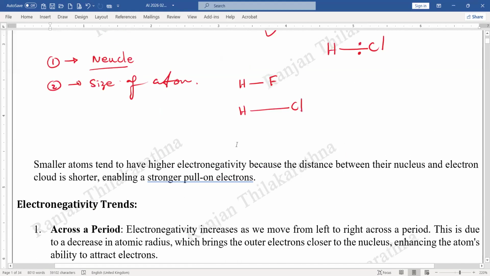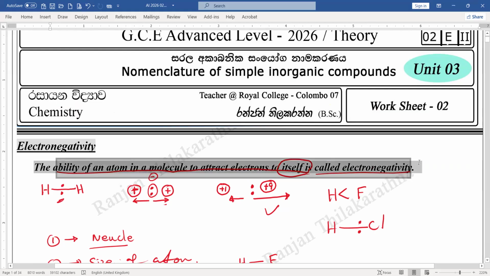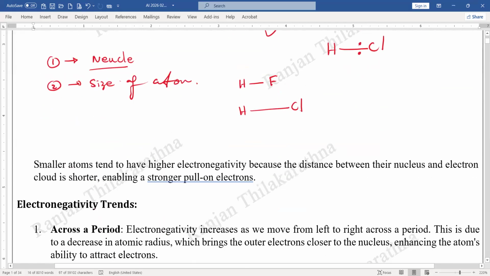So the electronegativity is the ability of an atom in a molecule to attract electrons to itself. The smaller atom tends to have higher electronegativity because the distance between their nuclei and the electron cloud is